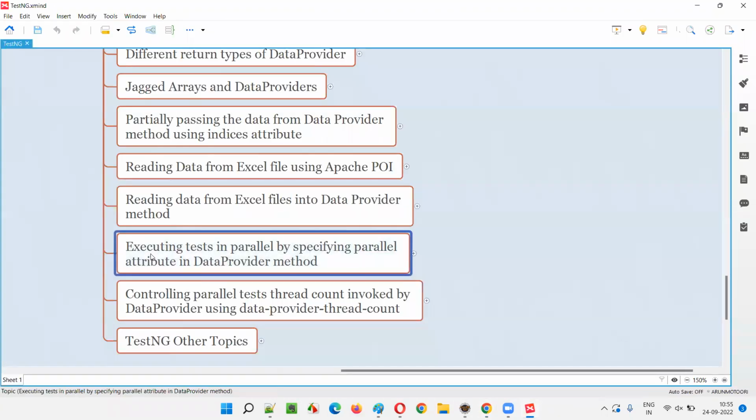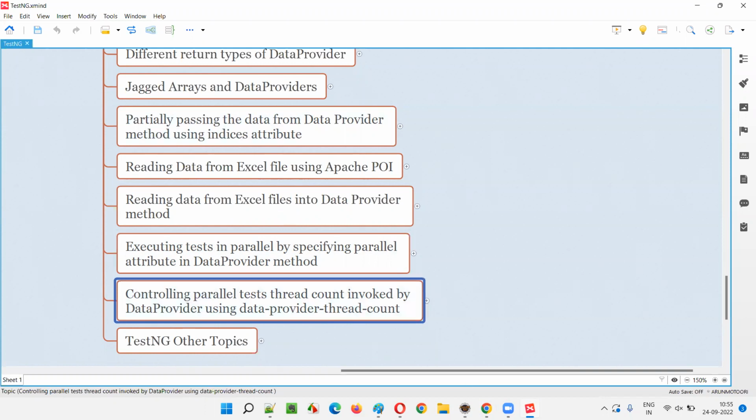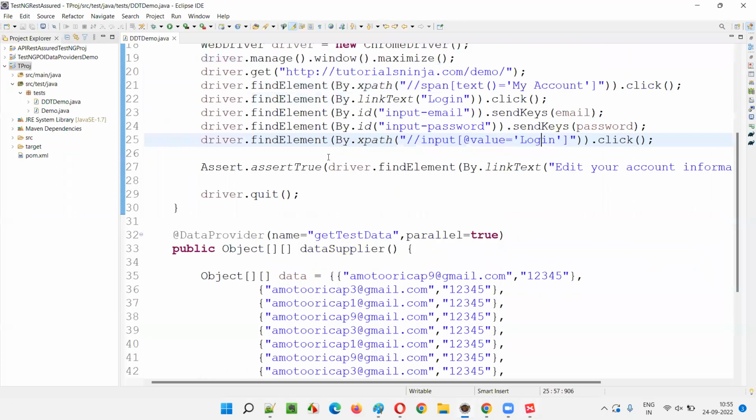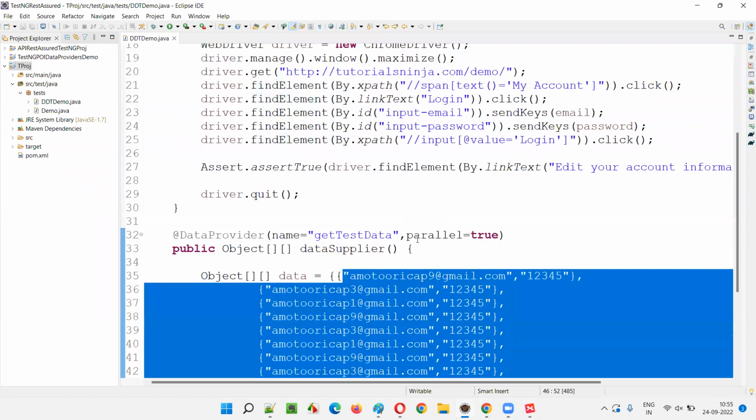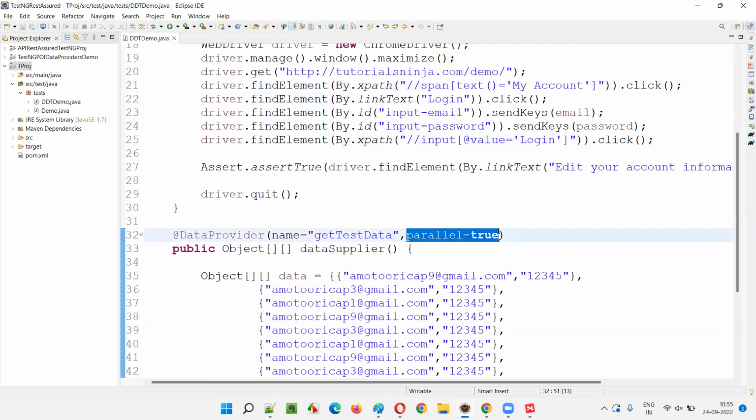In the previous session I showed you how to execute the test in parallel by specifying the parallel attribute in the data provider method. Here there is no control of how many tests need to run in parallel. If I go to this Eclipse IDE, for example, and I have these 12 sets of data, and parallel is equal to true is mentioned